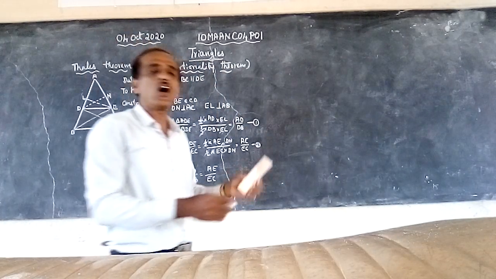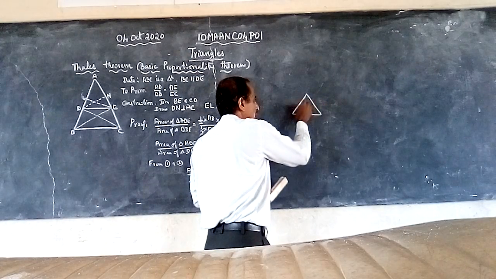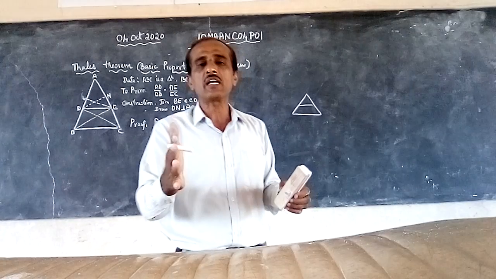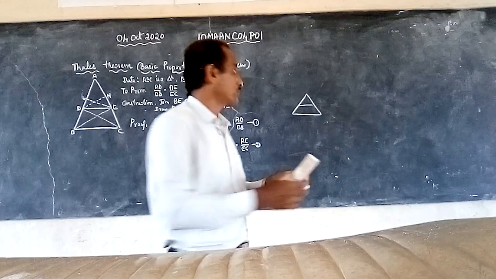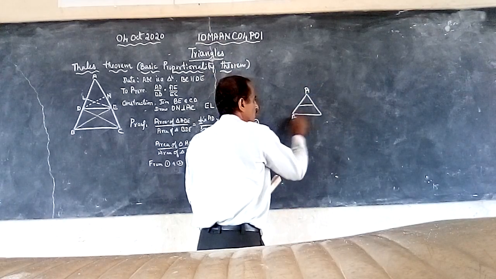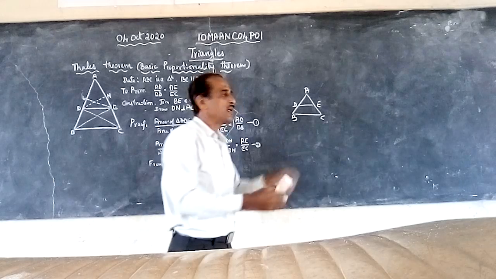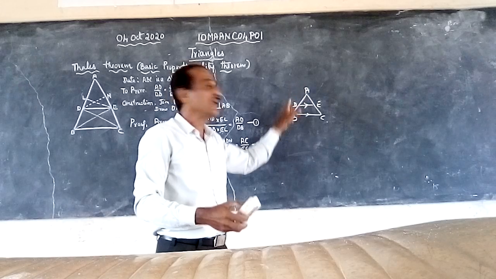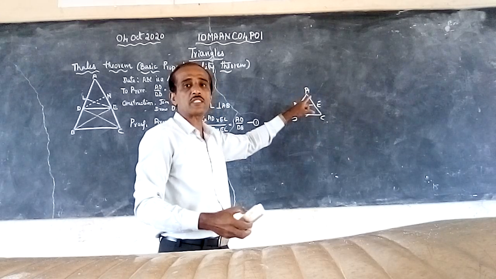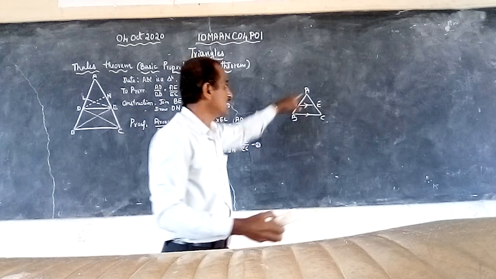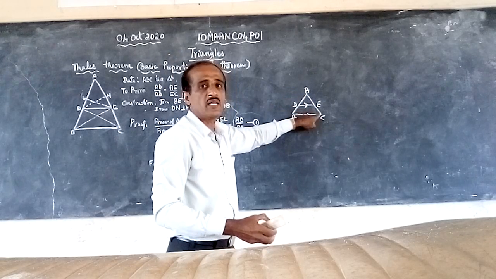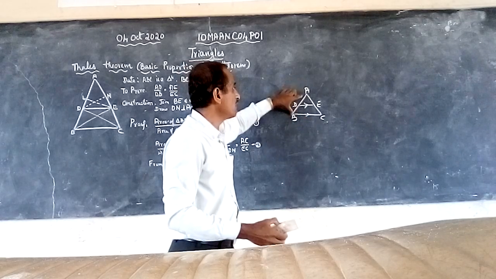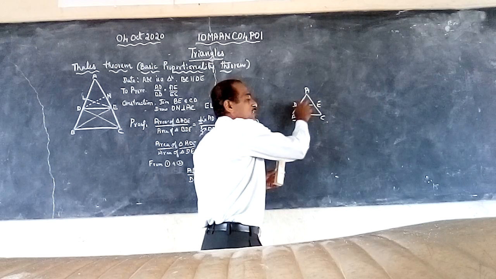If a line is drawn parallel to one side of the triangle, what is given? I told you in my last class, the first part of the question is the data given and the second part is what is to be proved. Suppose this is the figure, and DE is drawn parallel to this side. One triangle is given and one line is given. That is the first part. So triangle ABC and line DE is parallel to BC. That is given. What you have to prove is that the sides are proportional, that this line divides the other two sides in proportion.